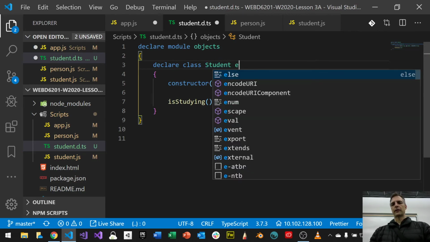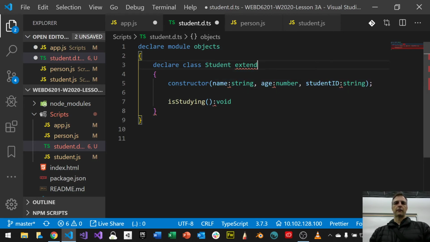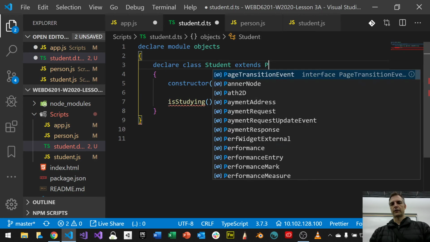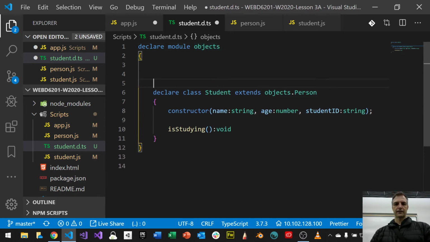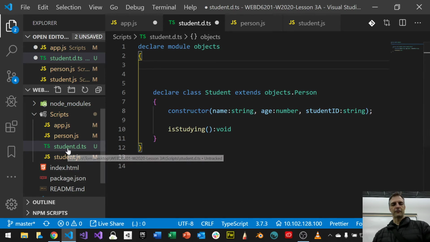I guess I probably can put extends. If I want to go further, I can extend my person class, and it would be like objects.person. I could do this. And then I could declare my other thing too. Let's declare the other one, just because we're doing it, right? And instead of calling this student,